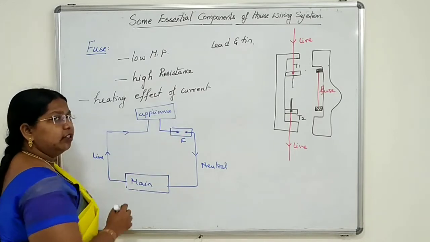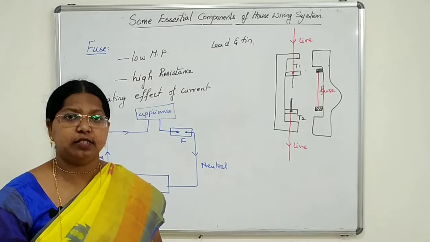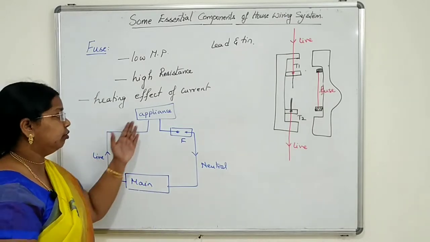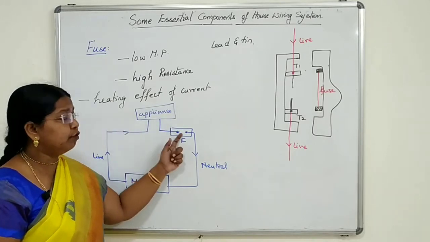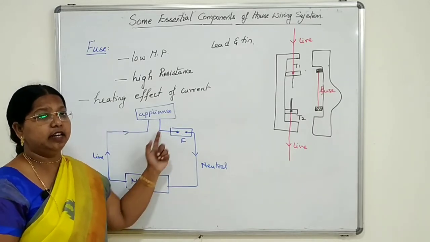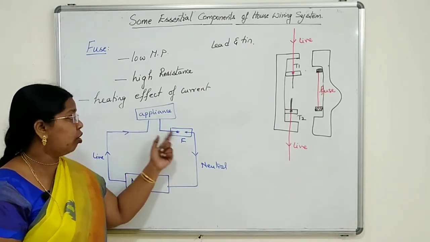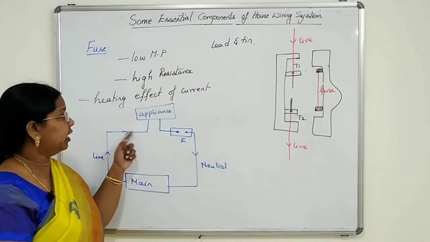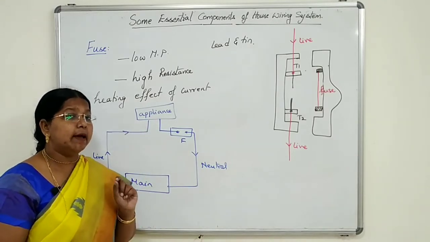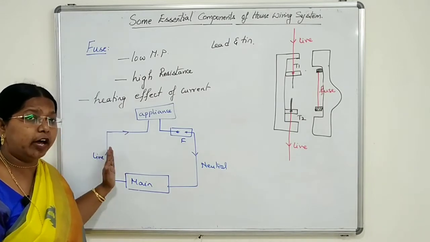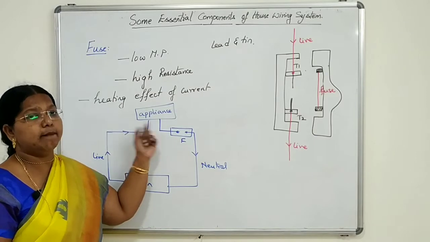If we touch it, we will get a fatal effect. We may even die. Very dangerous. So the high current will enter into the appliance if the fuse is not there in the live wire. Even if the fuse disconnects the circuit, the current enters here because the fuse is in the neutral wire. Current may not leave through this, but current enters the appliance. So the fuse should always be connected in the live wire, which will disconnect the flow of current into the appliance.